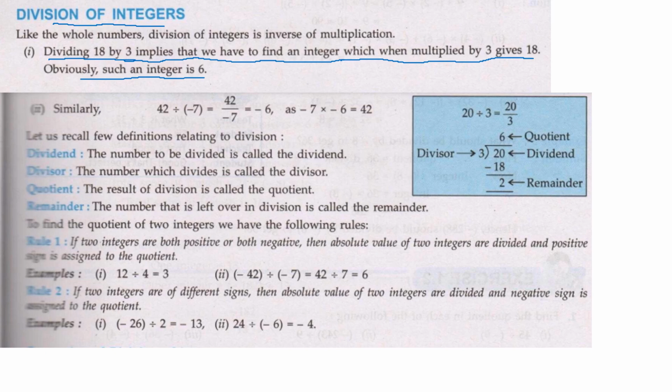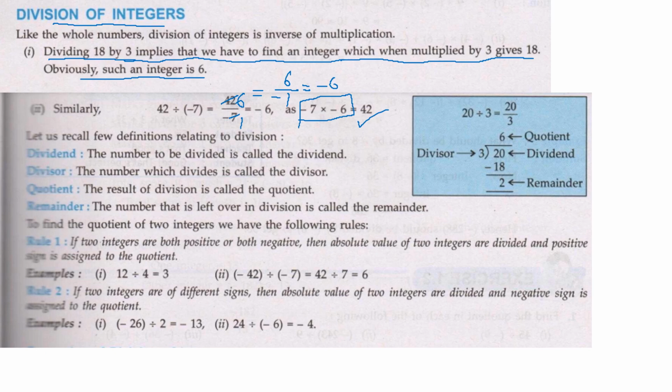Okay, so 42 by minus 7, how will it be written? 42 by 7, reading the table of 7, 7 ones are 7, 7 sixes are 42. So this will be equal to 6 by minus 1, which is equal to minus 6. And in order to check, when you multiply minus 7 and minus 6, we get the answer as 42.